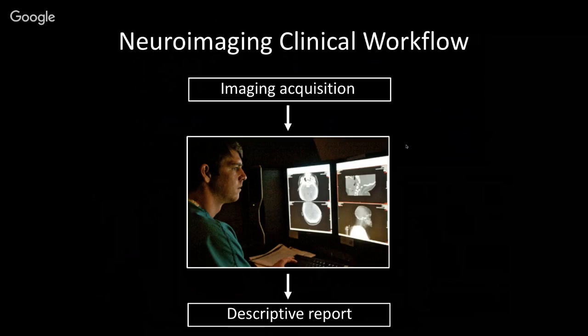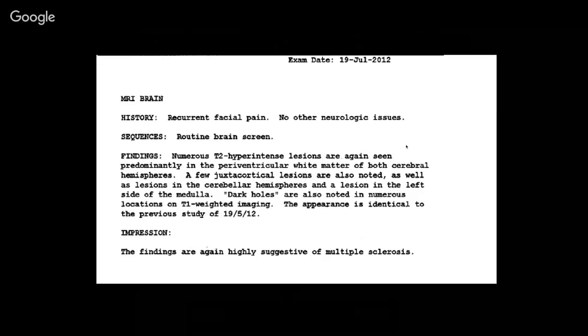Then that neuroradiologist will end up generating a descriptive report that largely contains a qualitative interpretation of the information that these techniques provide, in terms of understanding whether there is disease present, whether the scan represents a normal scan, and if there is disease present, what the most likely pathology may be to explain the findings. So this, again, is essentially the current present-day paradigm for the way that really all imaging, and neuroimaging as well, is managed in the hospital setting.